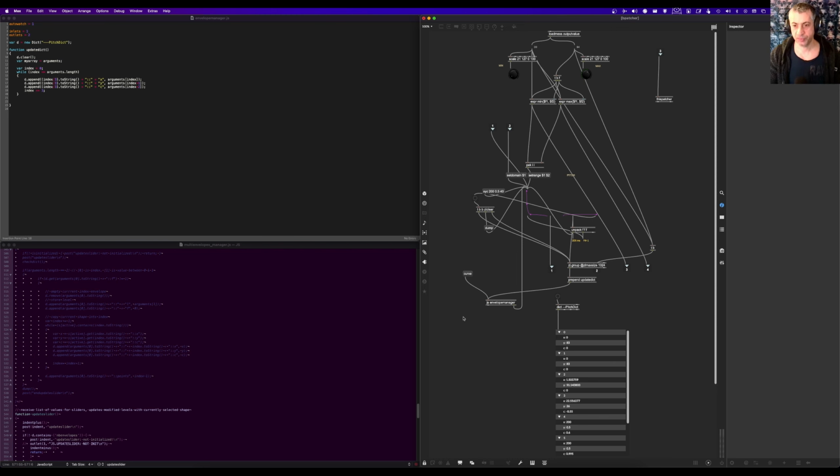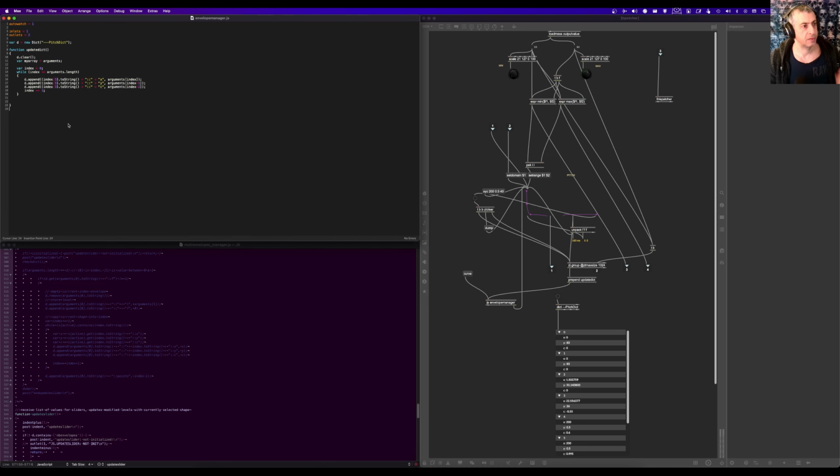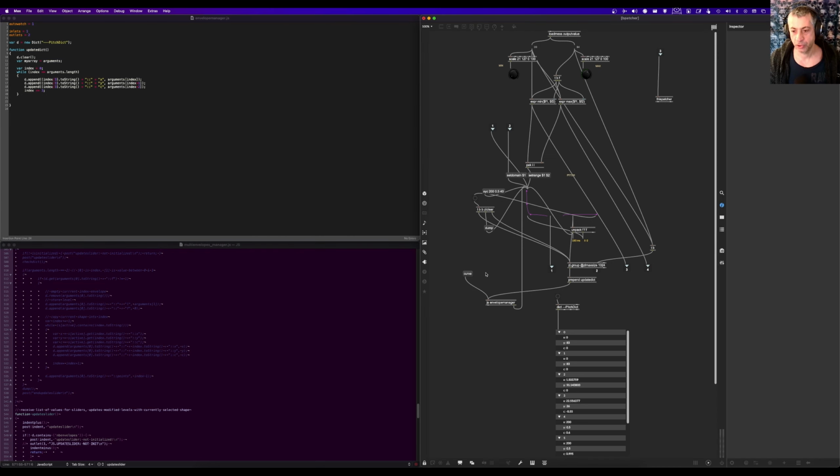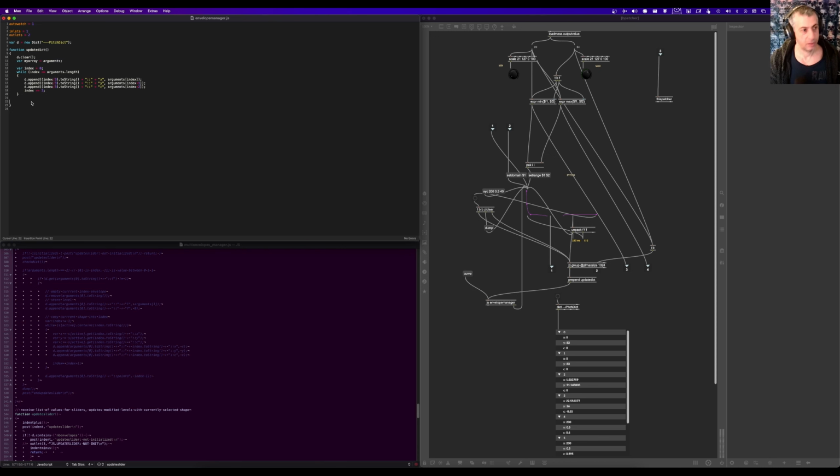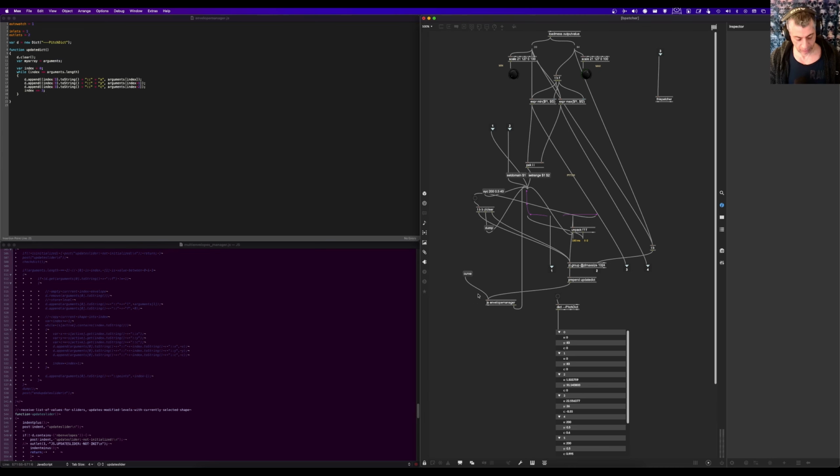So now we have the first step, which is storing the envelope inside of a dictionary. The second step will be the opposite. So I'm not sure yet how we'll trigger that, but probably when I load the project, the first thing we're gonna do is trigger a dump from here to my envelope. So something like